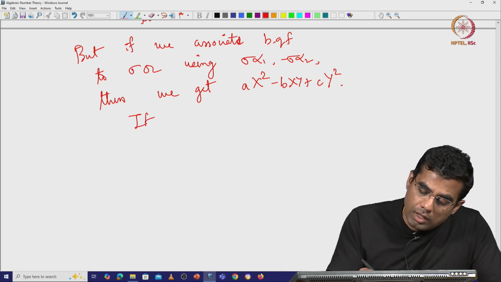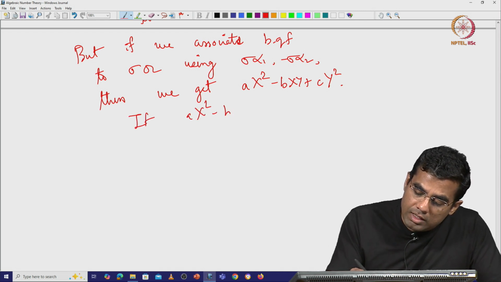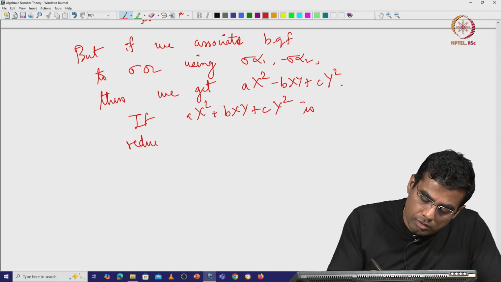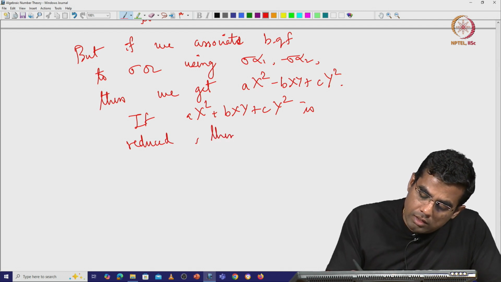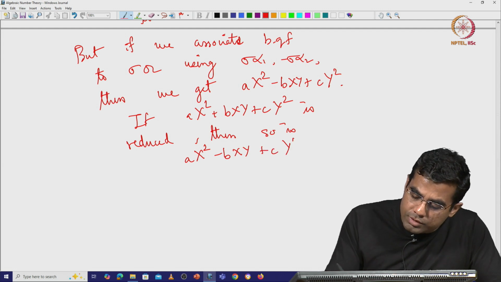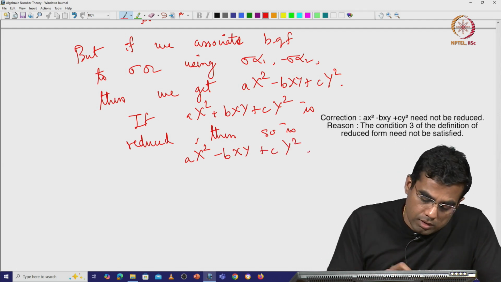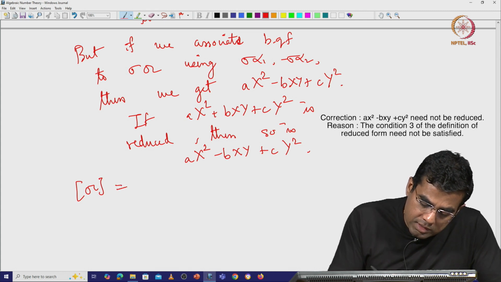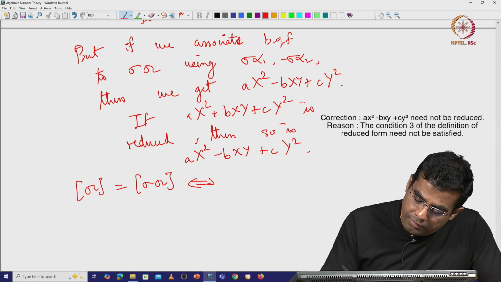So if ax squared plus bxy plus cy squared is reduced, then so is ax squared minus bxy plus cy squared. Okay. All right. So, going back to our statement, this thing is equal to sigma A if and only if